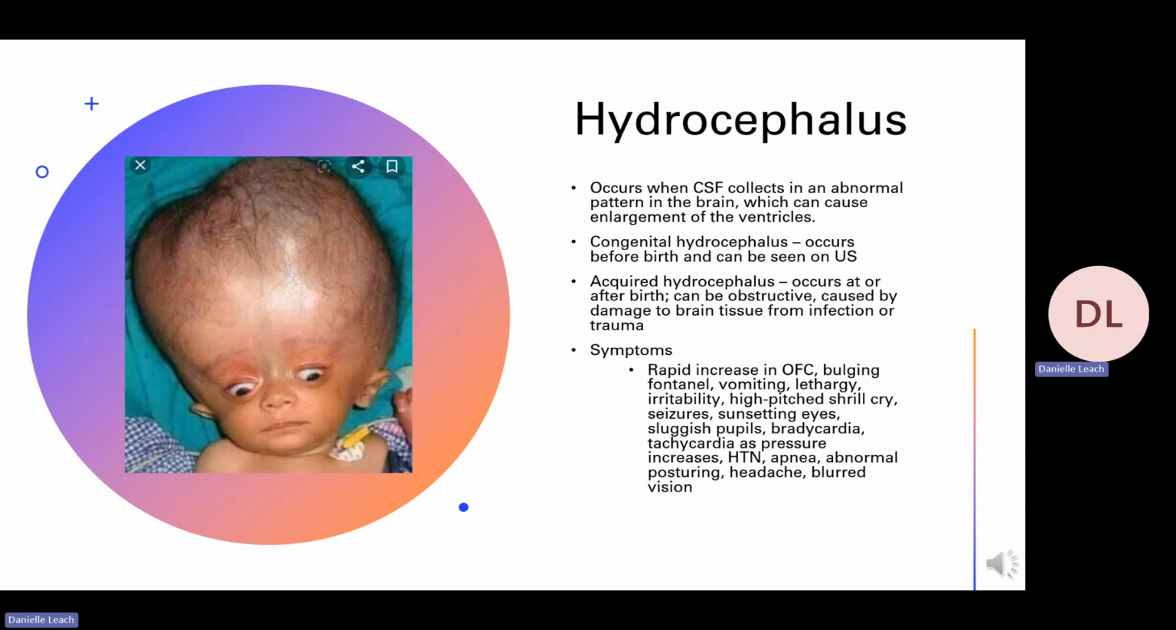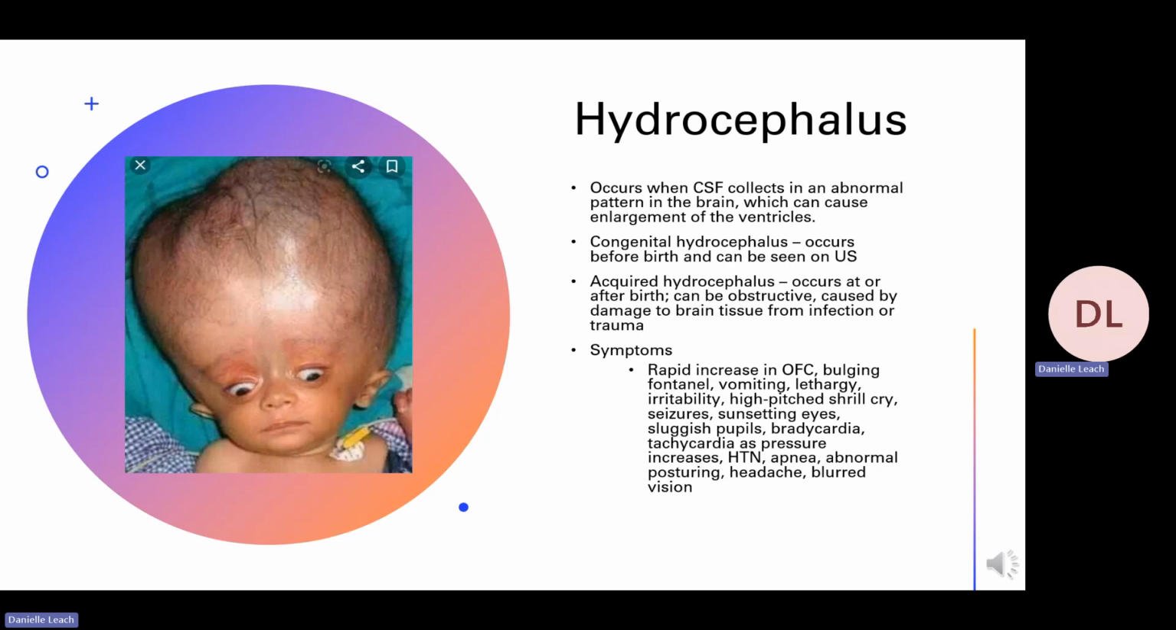So there's different types of hydrocephalus. Congenital hydrocephalus occurs before birth, and it can be seen on ultrasound. So this could be due to something like if the baby also has one of the forms of spina bifida, or one of the Chiari malformations. If the baby has some sort of structural defect in their brain or in the ventricles of the brain or the spinal cord, it could cause hydrocephalus. So on prenatal ultrasound, when they're looking at the baby, they do measurements and they can see that